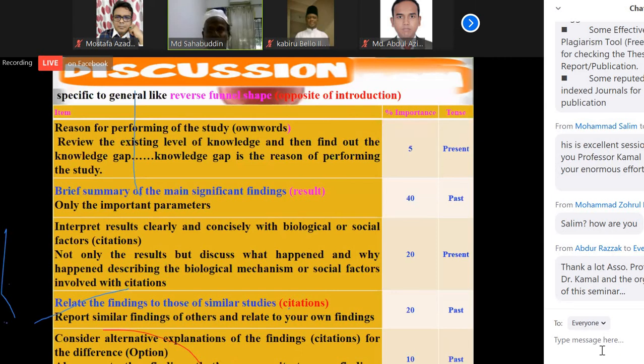Then we have to make a sequence, and also we have to maintain the percent importance, because out of the 5 key points, all are not equally important. Out of the 5 we see here, number 2, brief summary of findings, will need more explanation, so we give it 40. But this percent we cannot control exactly. Maybe plus minus, but we have to be careful. Which one needs more explanation, we can explain more. Which one needs less, we can explain less. So this is the KSI technique.